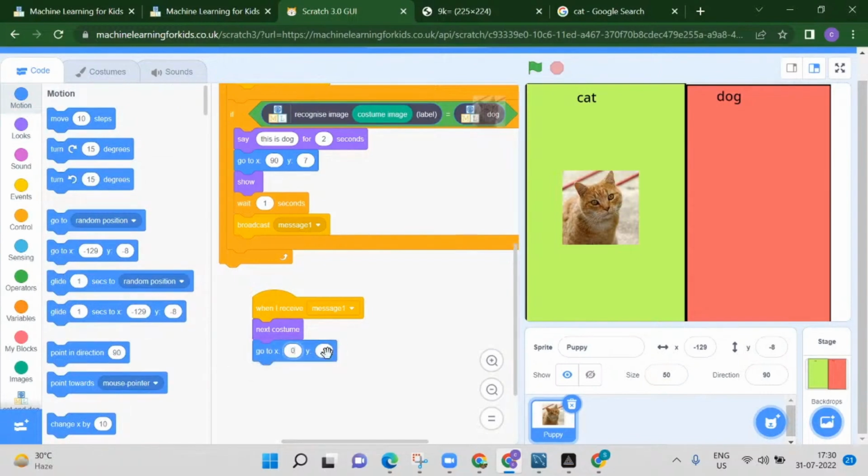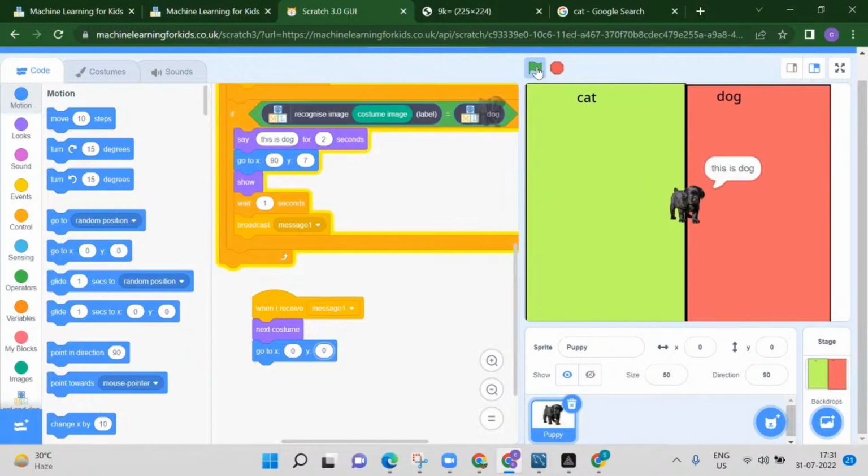Now see 0 and 0. Now see what will happen. This is cat, perfect. So you will get, see, this is dog. With the help of your machine learning, now see, this is classified: this is cat, this is dog. Okay, so we can do all this